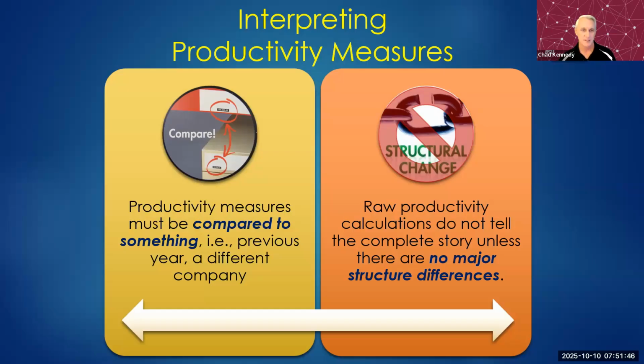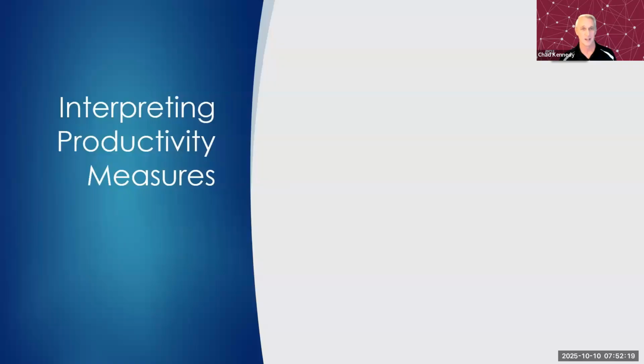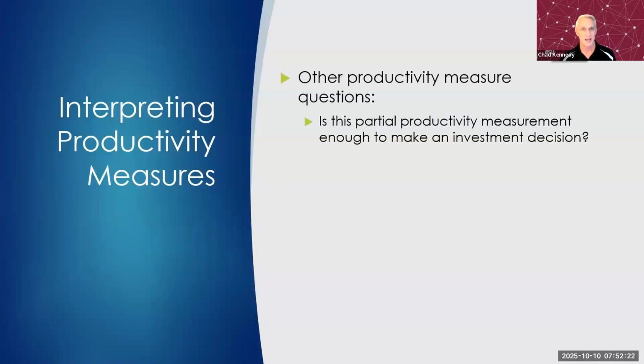The actual raw calculations themselves don't tell us a whole lot of story unless we understand in context of how it's working. Also, we could have an increase in productivity, even year over year. Great, sounds wonderful. However, it could be that you're overworking your employees, and that could be a problem. If you haven't made any major structural differences, that could sound great on paper, but you could be burning out people and starting to lose people. So you got to be careful with that. Just productivity for productivity's sake is not necessarily a great thing.